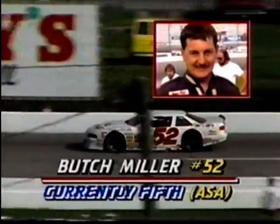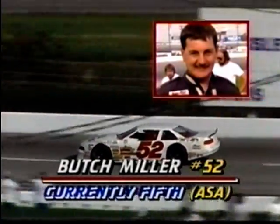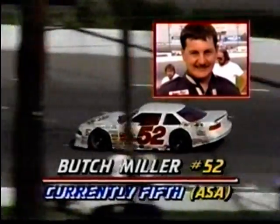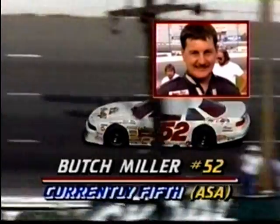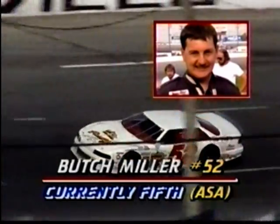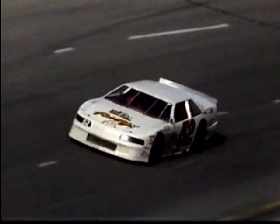We've got the radio here. Let's see if we can reach Butch Miller on the phone. Okay. Butch Miller, Brock Yates, Diamond P. Go ahead, Brock. Okay, we're just about halfway in this little rascal. How are things looking for you out there? I think that stop was a little bit better. You know, things are looking okay. It's still a ways to go. And, you know, I'd like to say I haven't shown all my cards, but I've been running as fast as